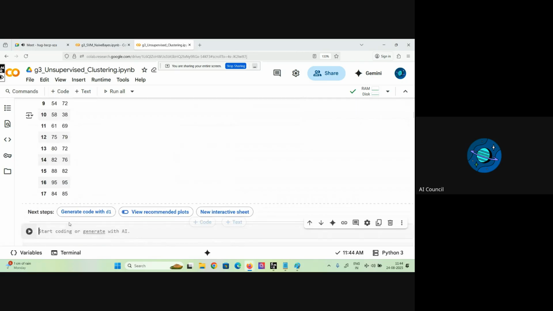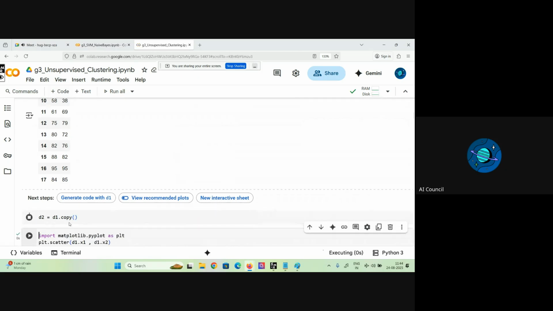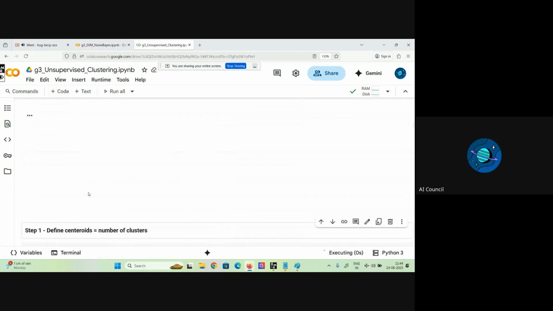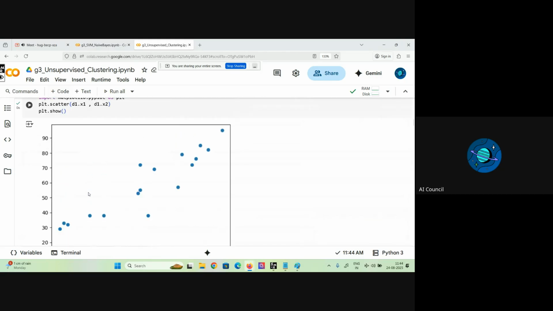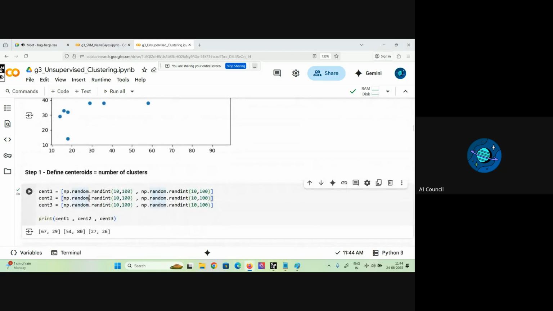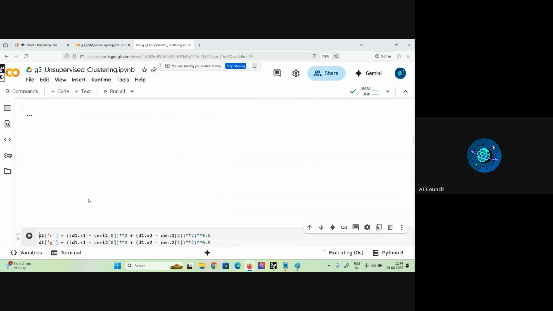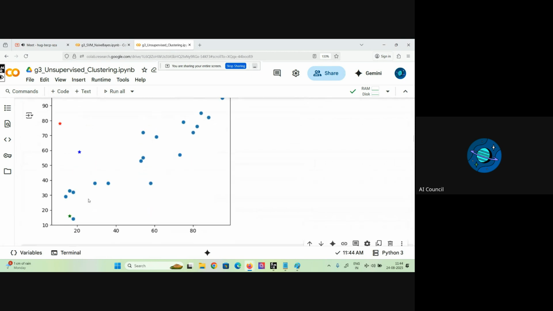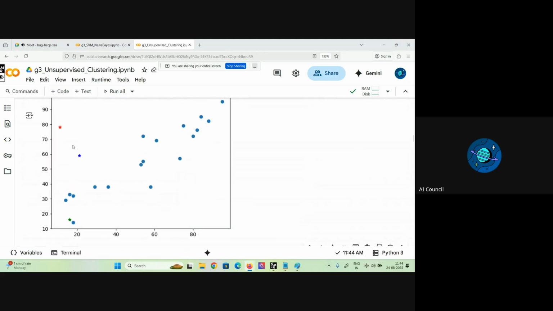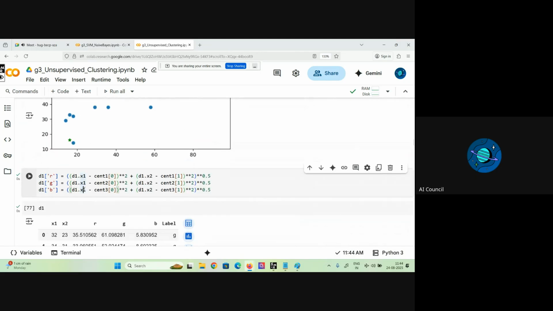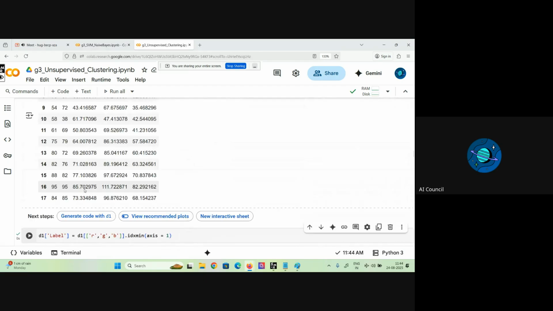Just define over here D2 equals D1 dot copy, to be used later on. So this is the data. Centroid, red, green, blue is over here. Based on these red, green, blue distances, labels, we have